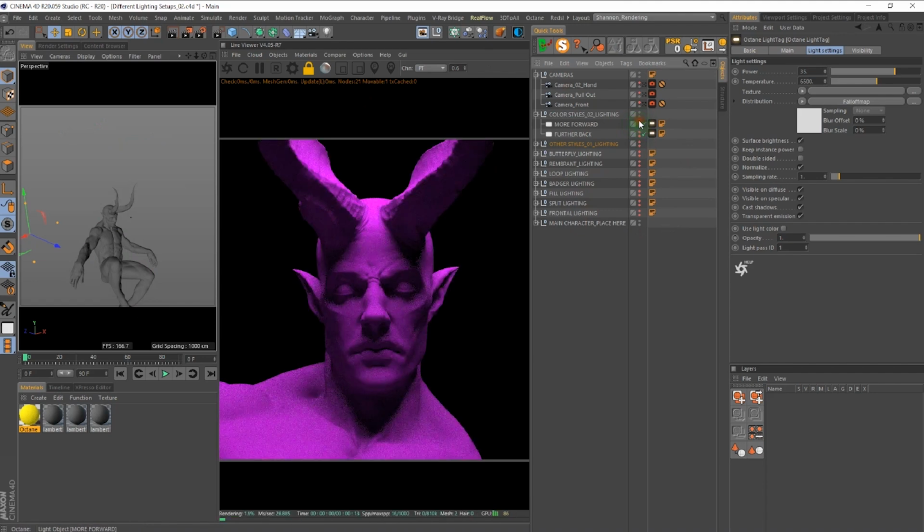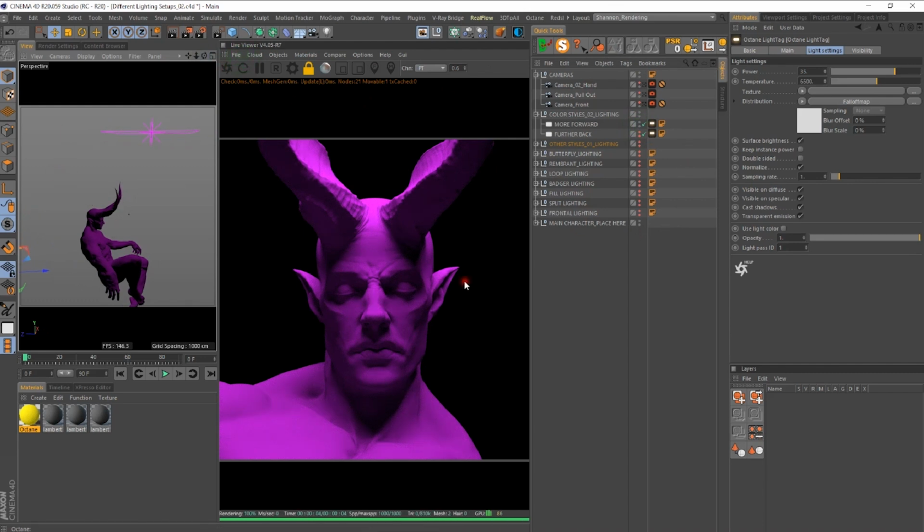So the other one is simply by taking the light and then moving it forward. Now we actually have revealed a lot more information about our character, and we've pretty much used the shadows of the horns to wrap around and frame the important parts of the character's face, which are the eyes, the nose, and the mouth right here. Simply by just taking,